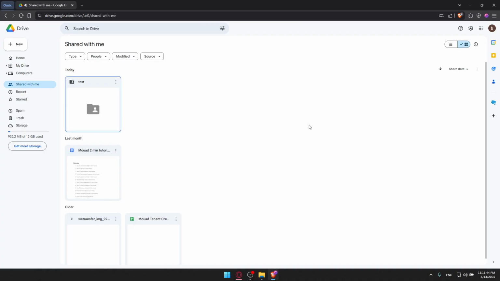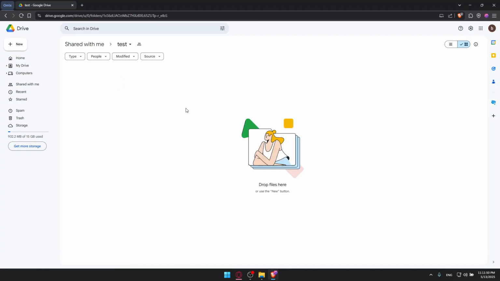So here I just went to one of my other accounts and I shared the folder here with me. All I need to do is just double click this folder, and as you can see now, Shared with me, in a test folder. All I need to do now is just upload the file that I want to this